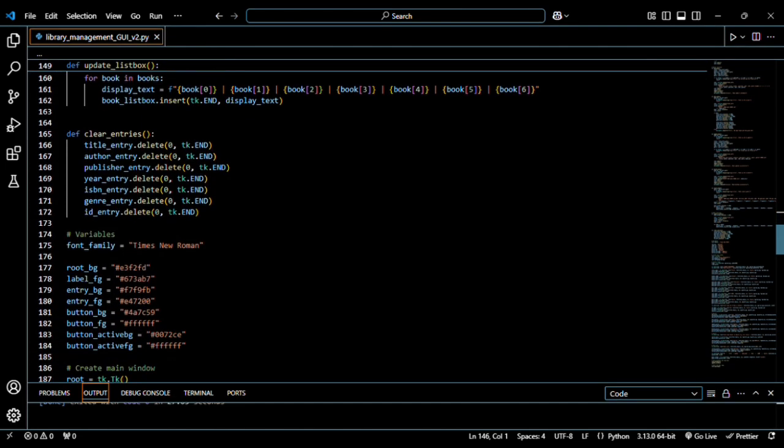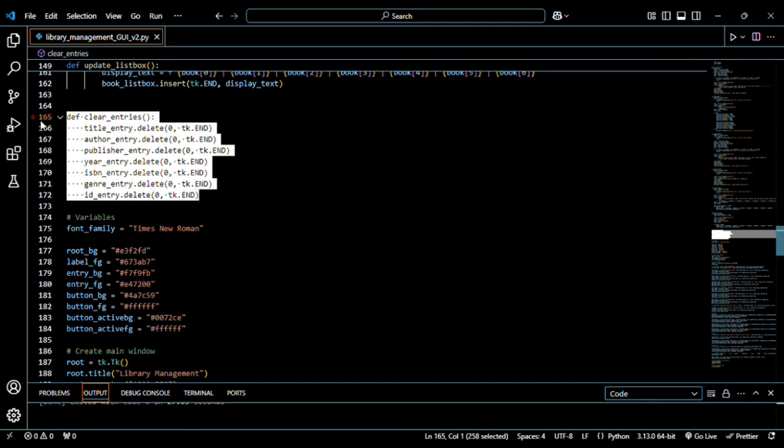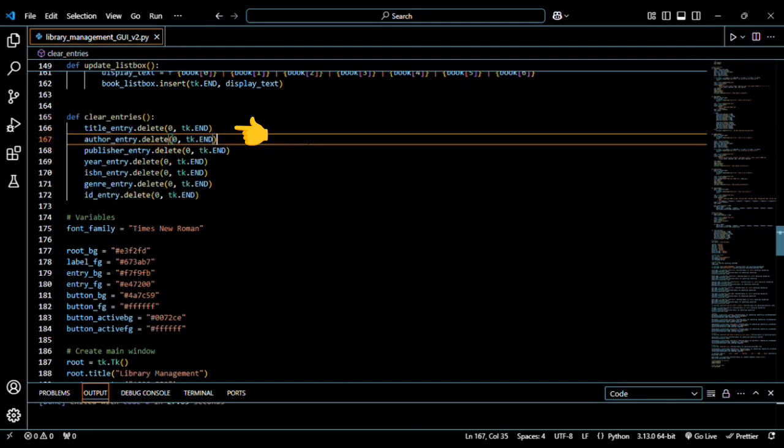The clear entries function is used to reset all the entry fields in the form. Here's what each line does. This line clears the input from the title entry field. The delete 0, tk.END method removes all characters starting from position 0 to the end of the text, effectively resetting the entry field.